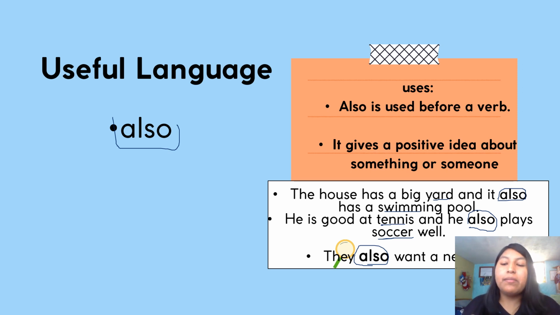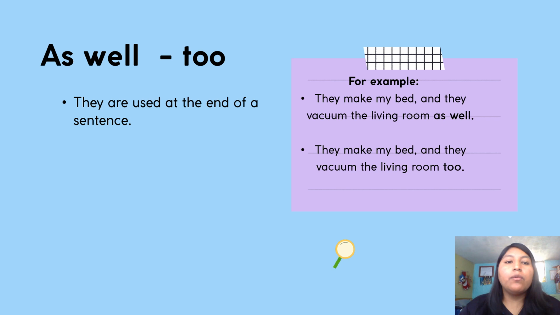Okay? So remember, also is used to add ideas. So you can say, I want a cake and also need coffee. Can you see? You are adding ideas with also. And it goes before a verb. Don't forget this. We can also find, can you see? We can also find